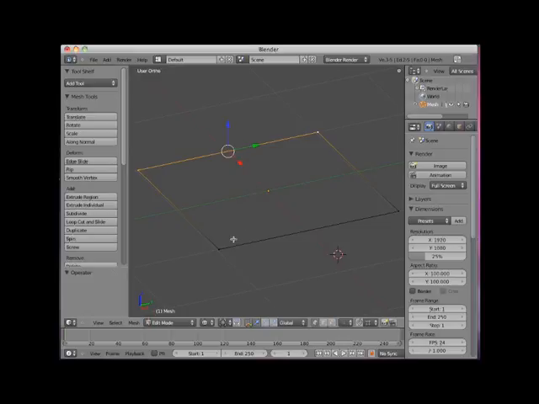I will now add the bottom two vertices to the selection, and I'll press the Subdivide button. Note that each implicitly selected edge is divided in half. Since there is no face to justify the division, a vertex is placed at the midpoint of each edge. I will undo the subdivision,